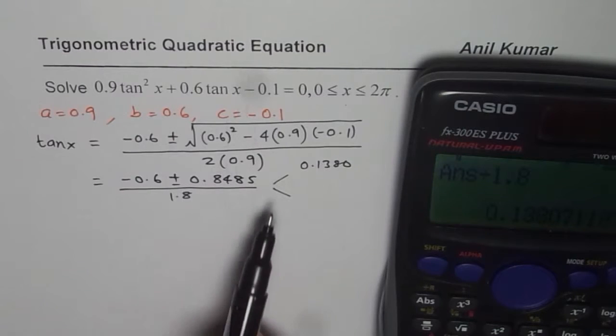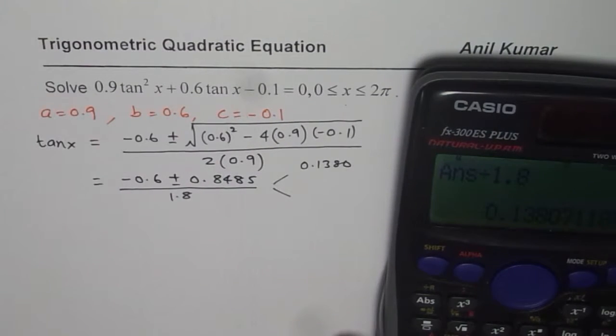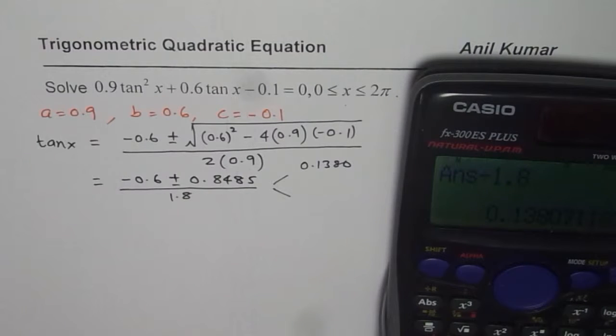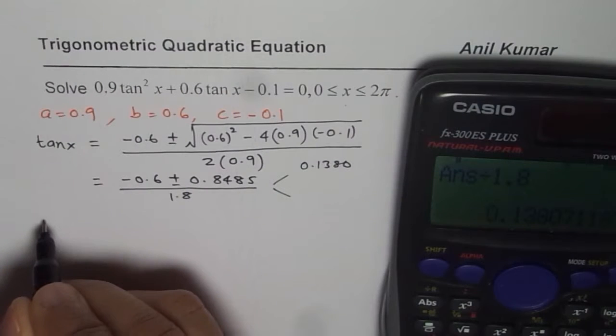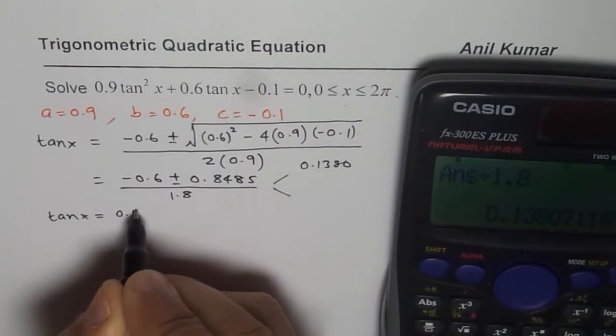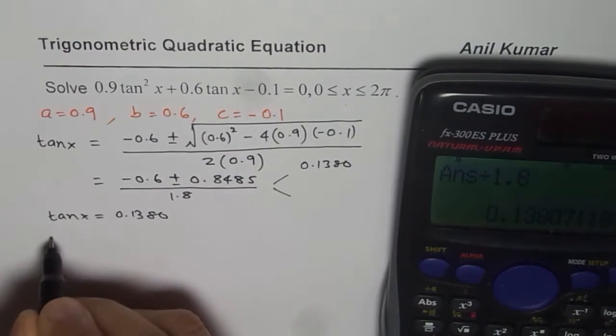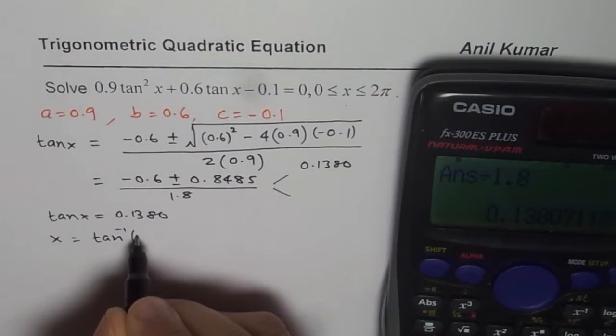So once you get the value of tan of x, you can find what x is, correct? So let me continue with this and find the value of x for this particular value, since it is there in my calculator. So that could be faster. So tan inverse, so we are saying that tan of x equals to 0.1380. That means x is equals to tan inverse of this value,